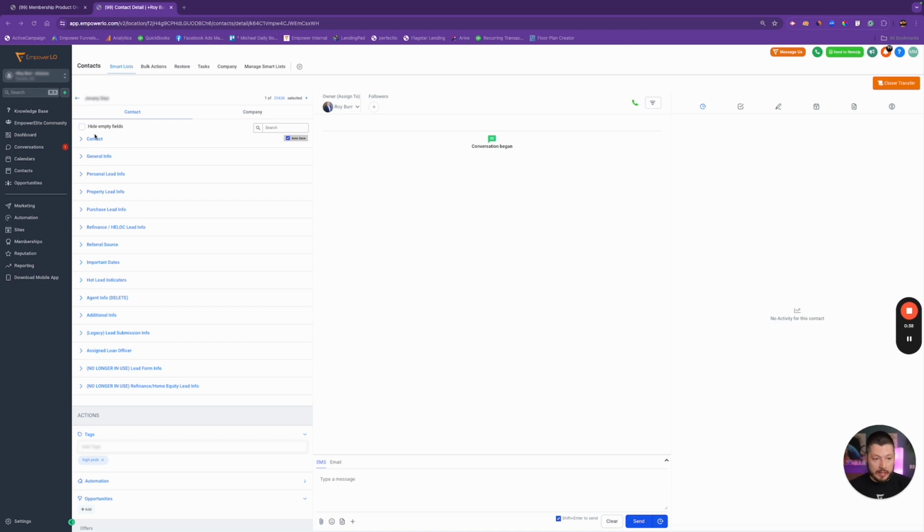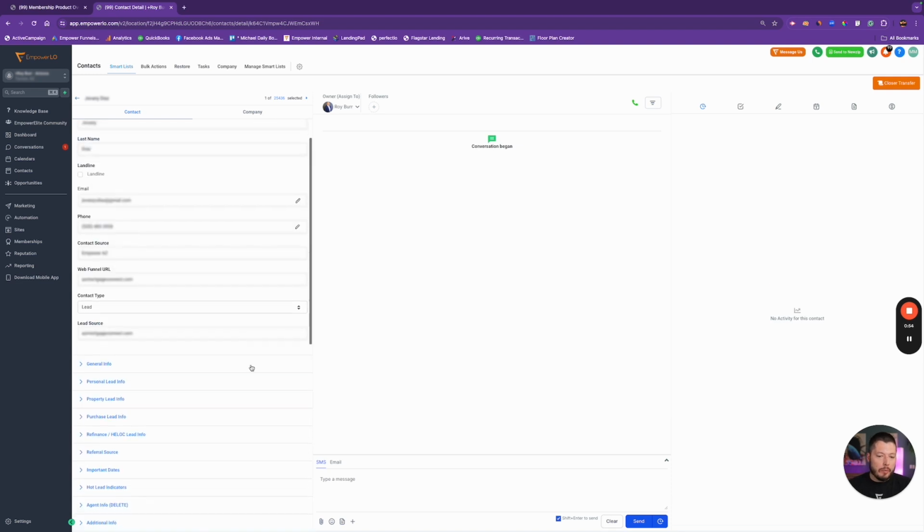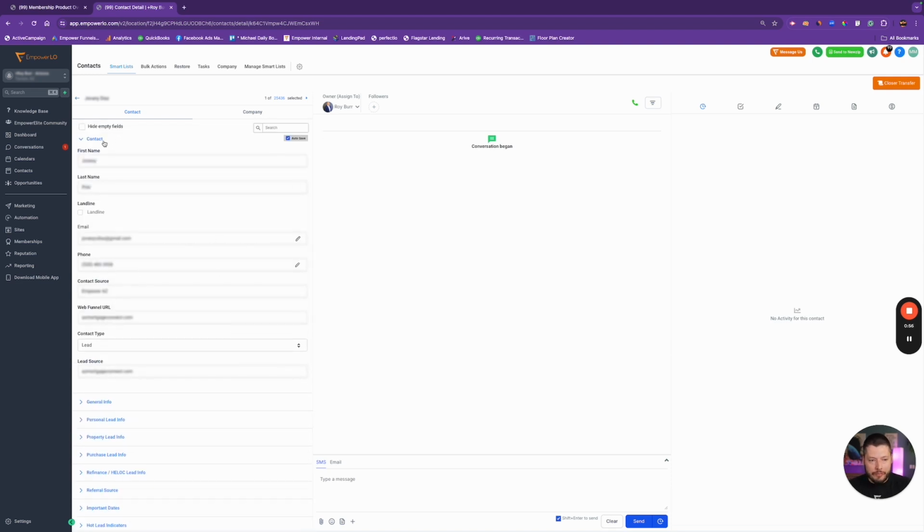Basically, you'll notice that this client has a lot of different fields. This client's been a client for a long time. We've done things differently over the years. So we have some old ones, right? No longer in use, blah, blah, blah. But we have stuff that is being used and stuff that is valuable, but we still have the same default